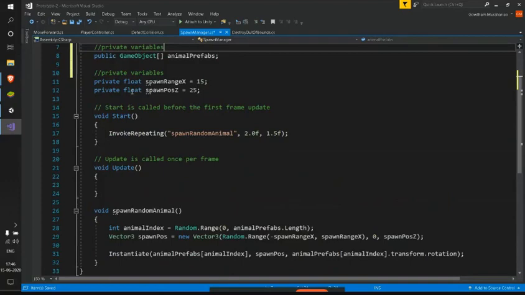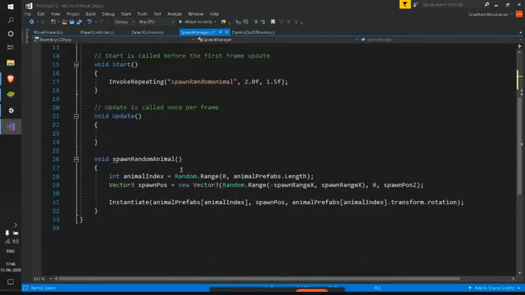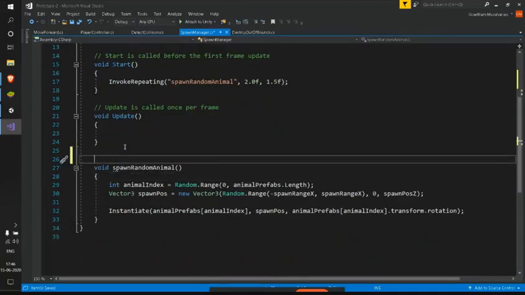So this is private variables and public variables. And let's see what we are doing here. I can write a comment as a whole here.